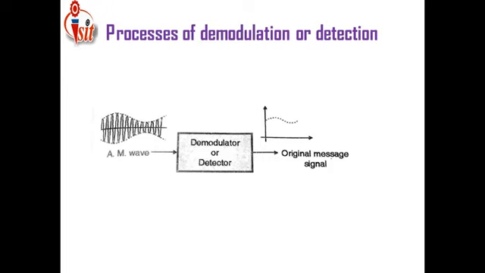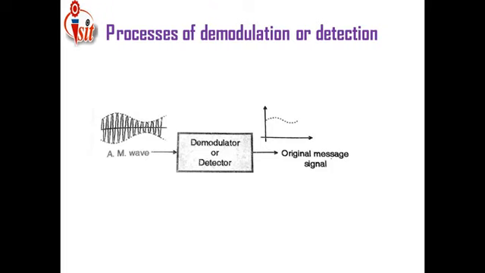Once we have done the modulation related to these three types of signal, we move forward to the demodulation process. How do we do demodulation? Just see, for demodulation we detect the modulated signal. Detector and demodulator mean the same. Detection or demodulation is nothing but converting the modulated signal into its original form. That means whatever signal we gave as input for modulation, that same signal we get as output from the detection.